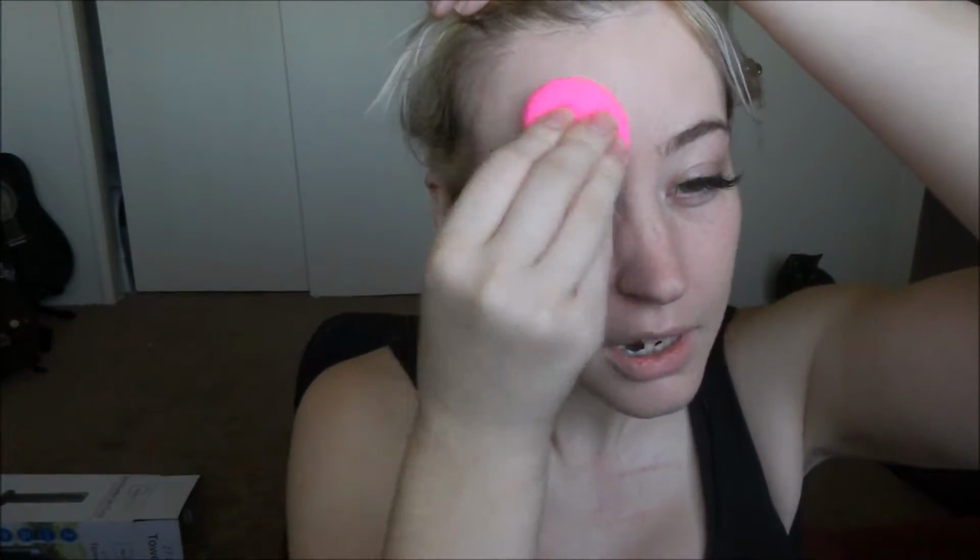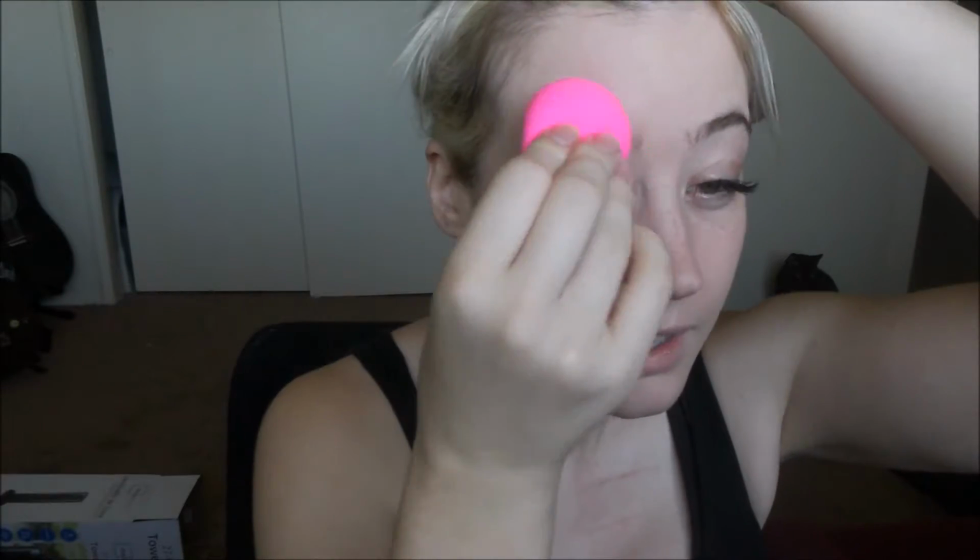Okay, so it's alright. I can tell that there's been some color product put on my face. It's not completely sheer, which is fine. I think this would be okay for when I'm going to the beach or something. I think this would be okay for a no makeup look. If I was going to the beach, I would totally wear this, especially since it has sunscreen in it. I would wear another sunscreen obviously, but